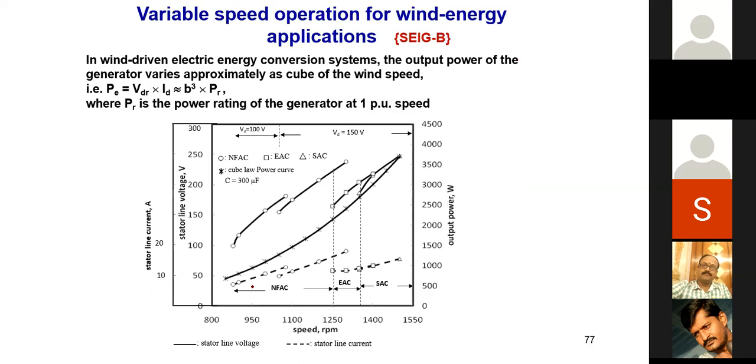So this is under wind condition, as I told you in the beginning. The power output of the wind turbine is directly proportional to the cube of the wind speed. This is the cubic characteristic. With respect to the cubic characteristic, we switch the angles with the control scheme. From the rated speed up to this speed, the symmetrical angle control will work. After that, the excitation will fail, then the extension angle control scheme is applicable. After this it fails, then the negative firing angle control scheme is applicable. This is the observation.